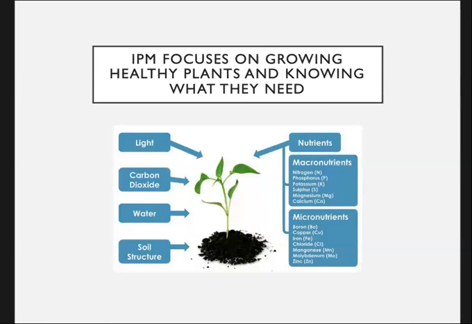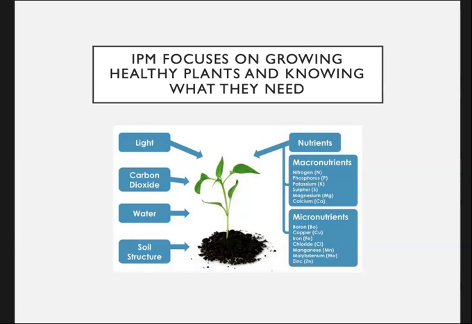So prevention and cultural care are essentially the cornerstones of IPM. This means that you're going to try to create the right environment for your plants. You need to first identify what are the essential things that my plants need, and how can I supply all of those things like light, carbon dioxide, water, good soil, nutrition. How do I make sure I get all of those things to my plants so that they are set up to succeed? We want to have healthy, stress-free plants so that they're set up well and they can actually defend